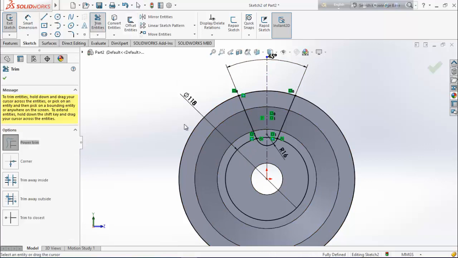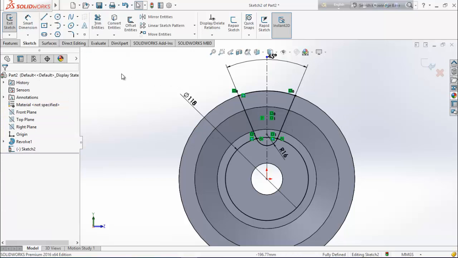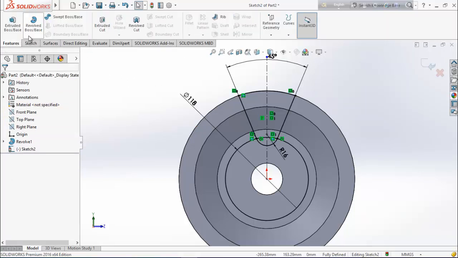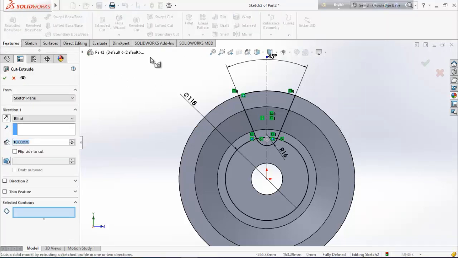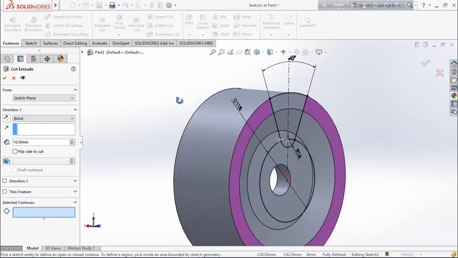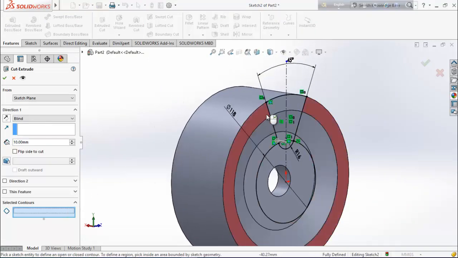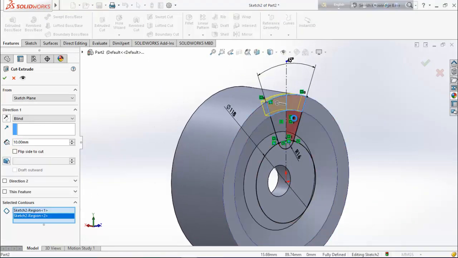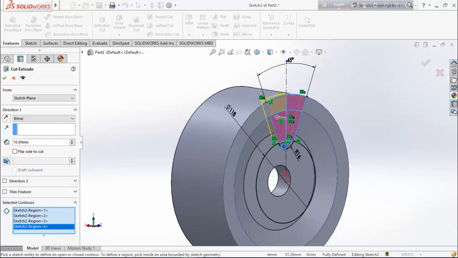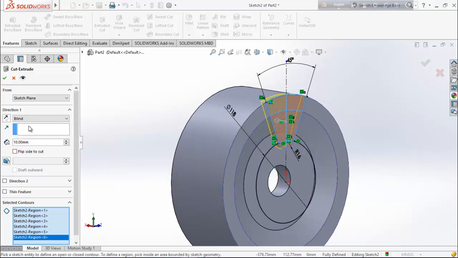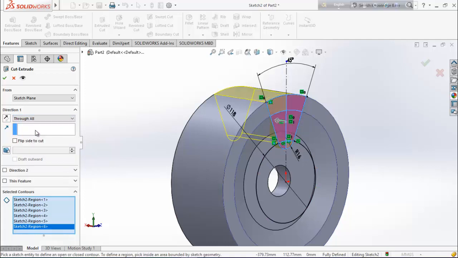Just trim this outer circle and from feature go for extruded cut. Select this whole contours and from here choose through all. Okay,